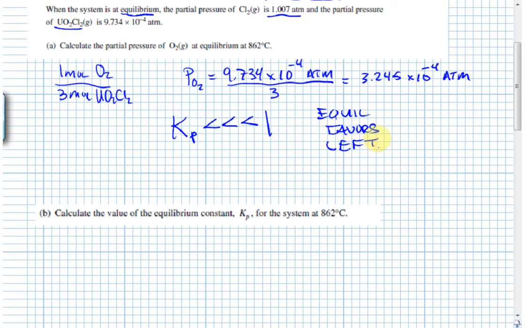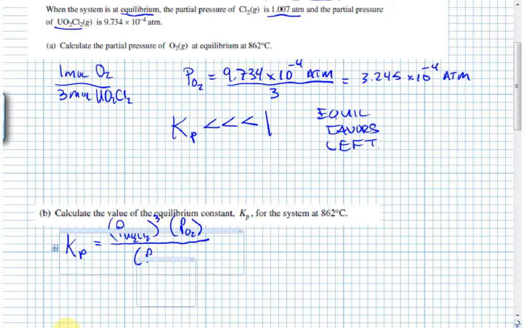To actually calculate the Kp, pretty straightforward. We've got the Kp expression. We're just going to now play plug and chug. So now we're going to take all those pressures and plug them in. So again, the pressure of the UO2Cl2 cubed, pressure of the O2 to the first power, pressure of the Cl2